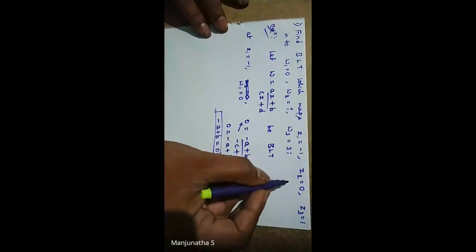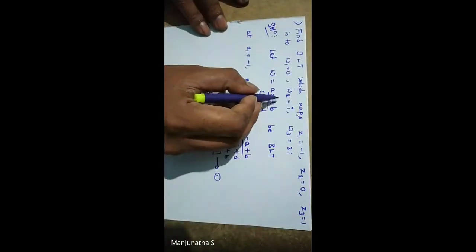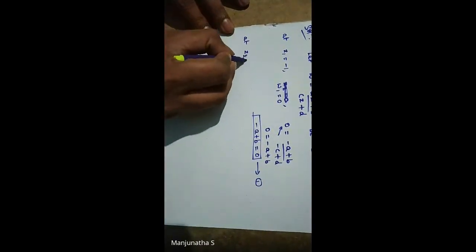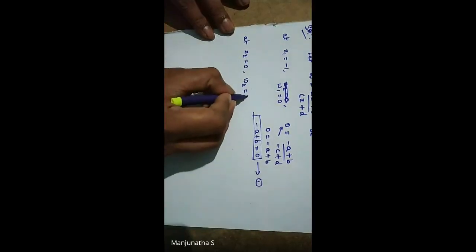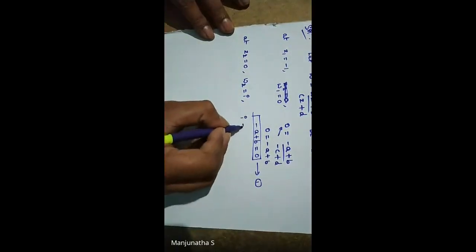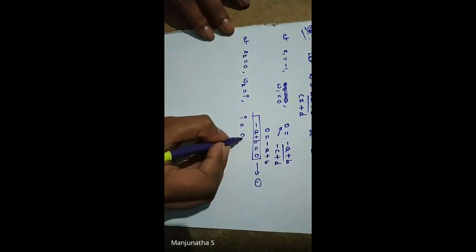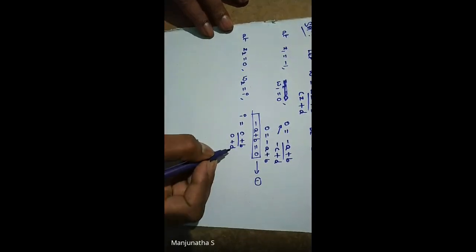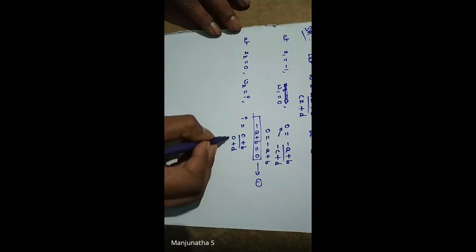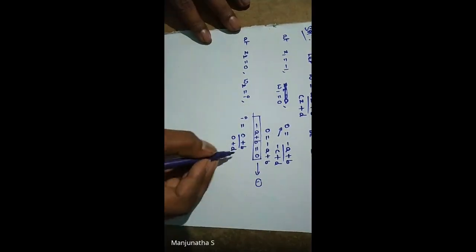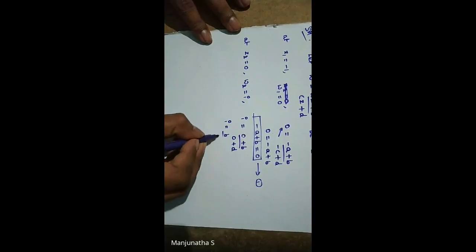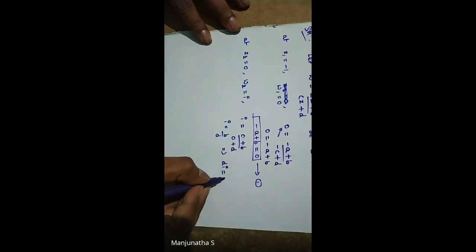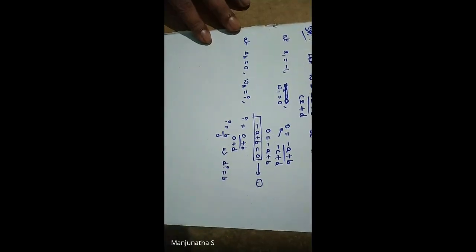Next one, Z2 is equal to 0, W2 is equal to I. At Z2 is equal to 0, W2 is equal to I, what will we get? I is equal to (A into 0, 0, plus B) divided by (C into 0, 0, plus D). Just simplification. When you add 0 to B, we get B itself, so B by D. When you send the denominator to the other side, Di is equal to B, correct? Di is equal to B we will get.